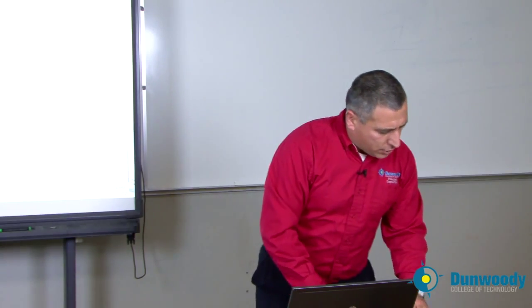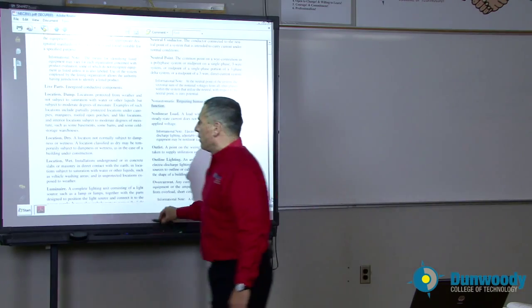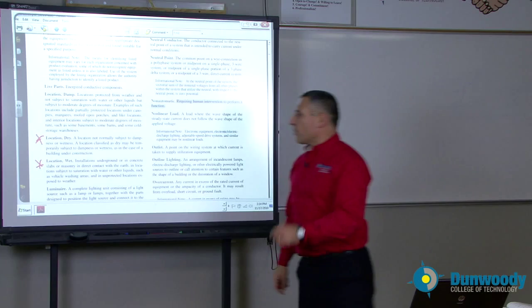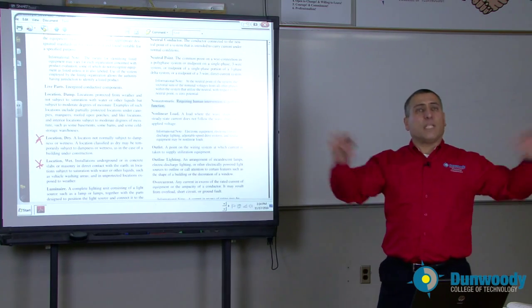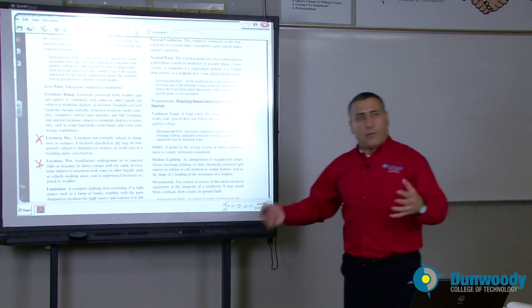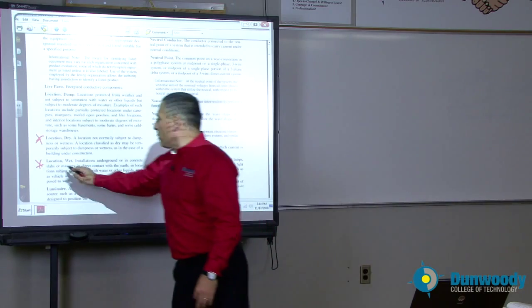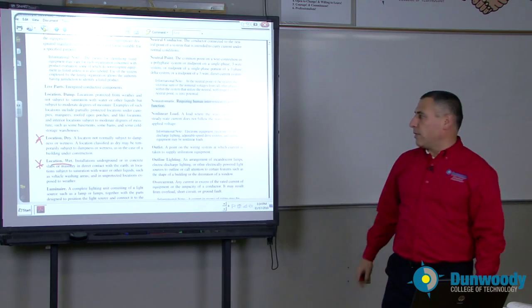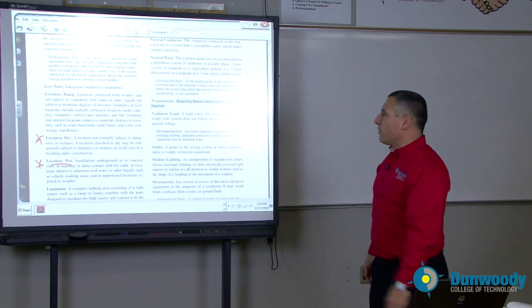A couple of other things also here. Location: dry and wet location. It's very important to identify the place as a dry location. Dry location means I can use any fixture in a dry location. Wet location, obviously there's water, always. I cannot use a fixture that's rated for a dry location in a wet location. So you're going to hear a wet location versus dry location.